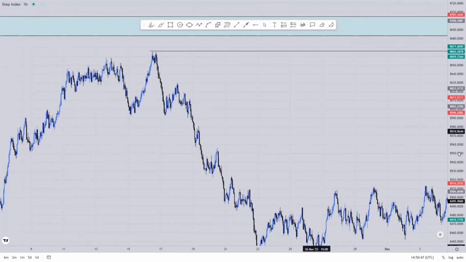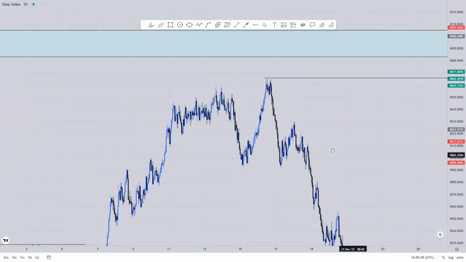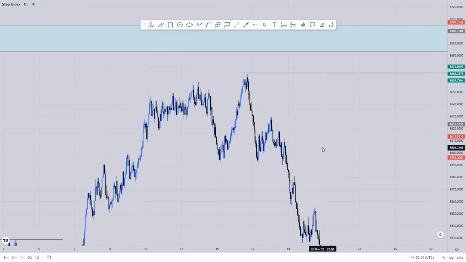Which is a pullback, because we all know that's a pullback that is happening. So to the upside, them changing order flow on the upside is simply a sign that the market is now